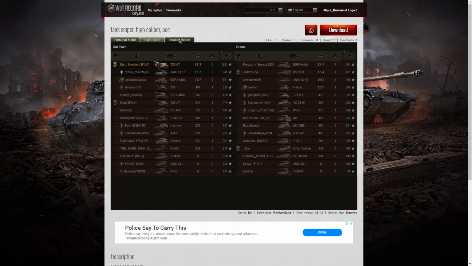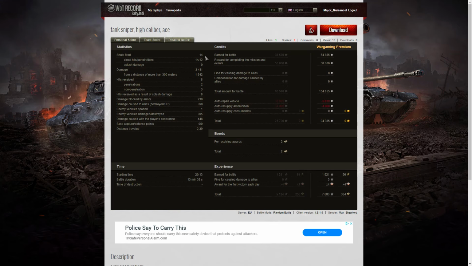If we look at detail, we can see that Max fired 14 rounds, got 14 direct hits, good accuracy, 12 penetrations. So there's only 2 shots that didn't actually pen. Damage of 3,411 hit points, of which 1,542 were at more than 300 meters. He received 8 hits. Most of those came from the EBR. A couple of them came from the